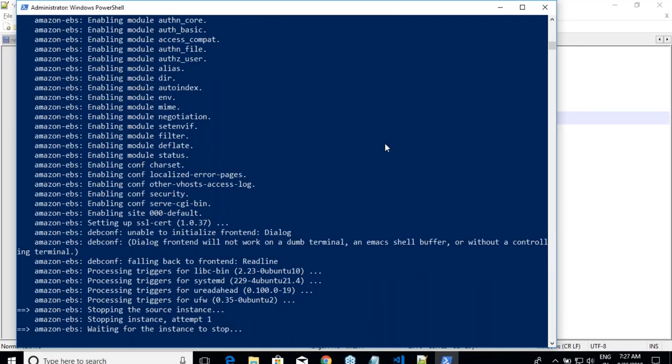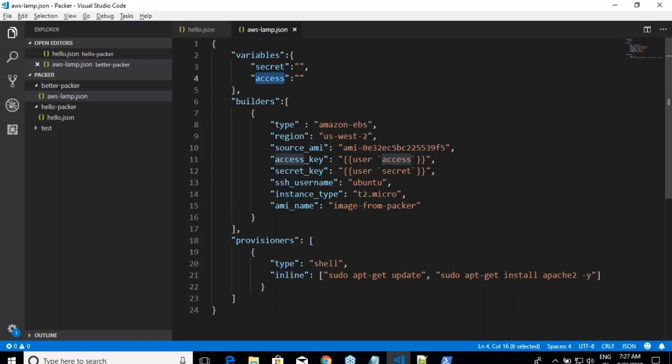Okay. So what are the other things which I can do over here? The first thing is, why do I have to hard code the image name? Why the name has to be image from Packer? Why don't I ask the user? That is the first change which I'm going to do, right? And then